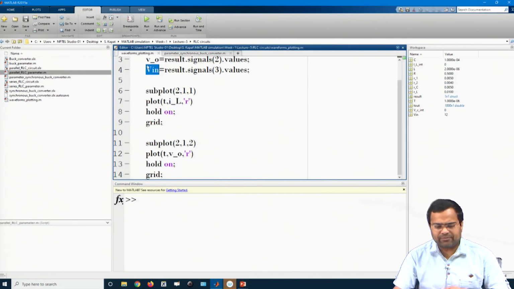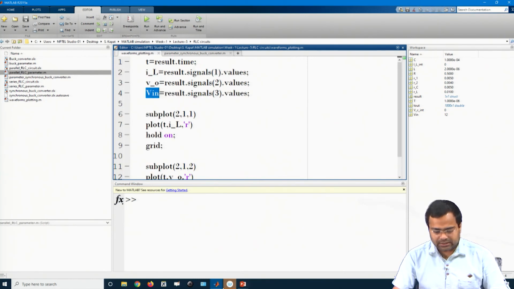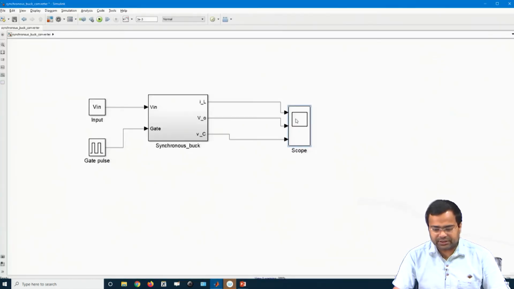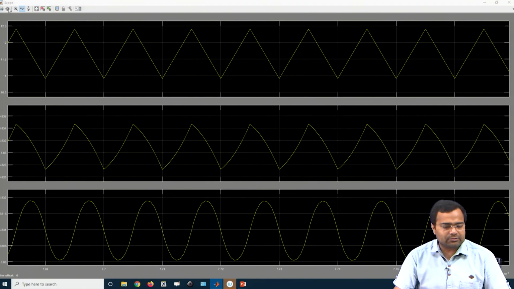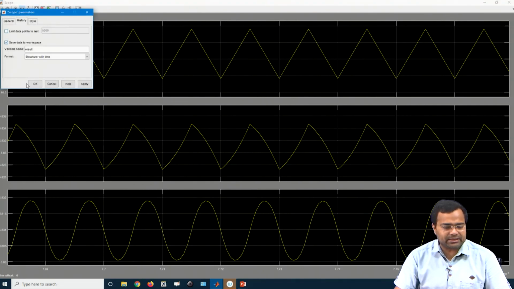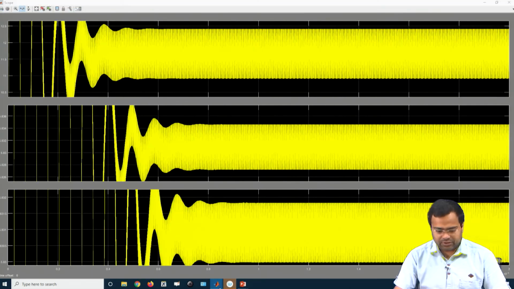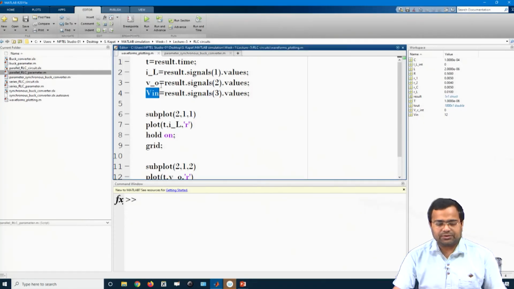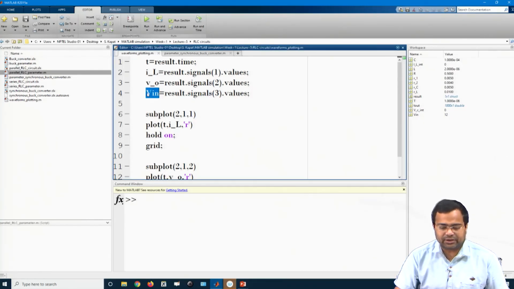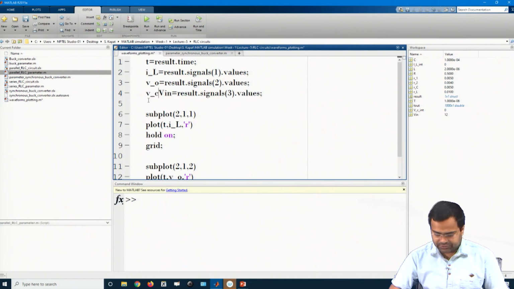Now, in the waveform script, I think I have used this result block. We need to check that the name is fine. So, the first channel was VL, V0, and this is my VC. Okay, all right.